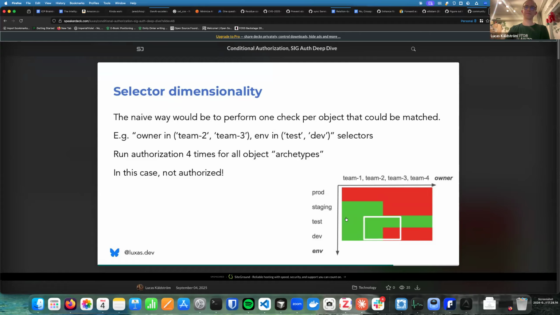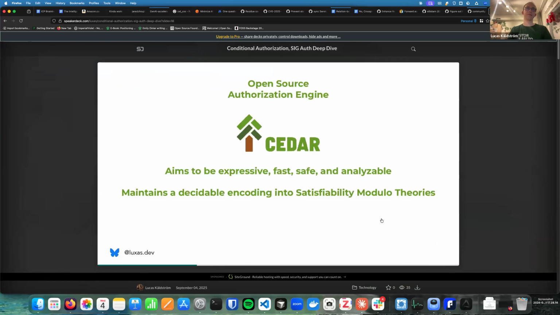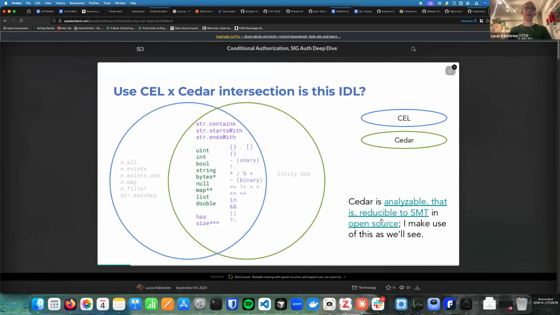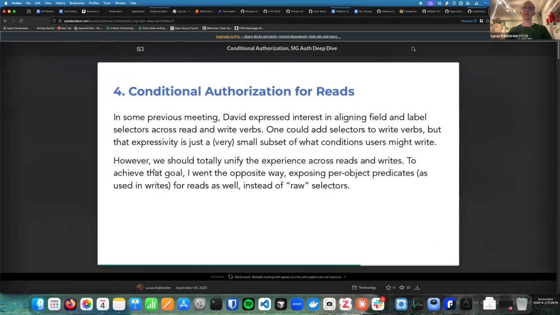Now this is authorized because, yeah, actually I have a better slide of this somewhere. A quick aside: this isn't supported by CEL, right? You can't. No, but Cedar has, so CEL and Cedar, I think I had it here somewhere. Yeah, the overlap is basically everything except loops. So as long as you don't do loops in weird ways, you could.